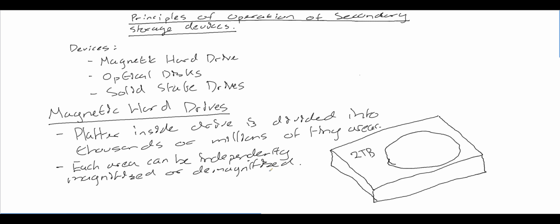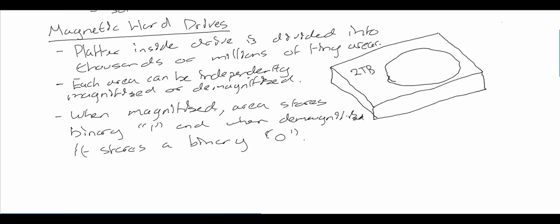stores a binary 0. Okay, so just to recap what we've done so far, there is a platter inside the hard drive which is divided into thousands or millions of tiny areas. So this is my really badly drawn platter inside my hard drive. Each of these tiny areas can be independently magnetized or demagnetized. When an area is magnetized, the area stores a binary 1, and when an area is demagnetized, it stores a